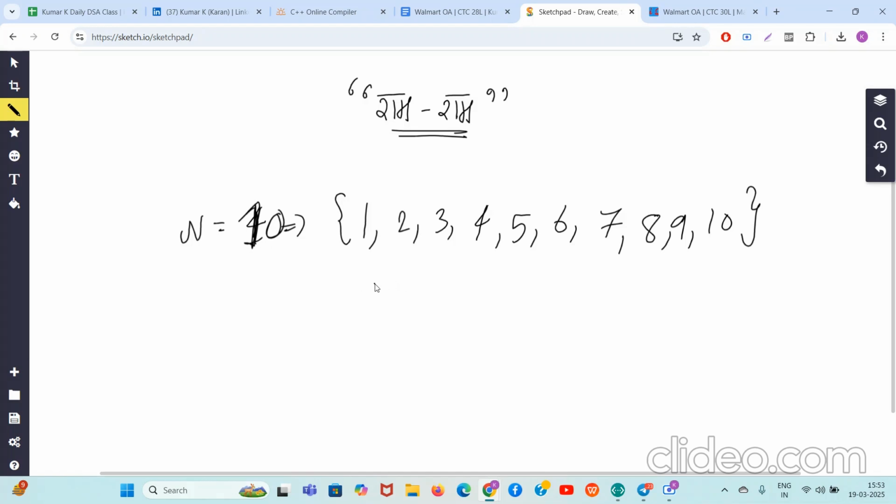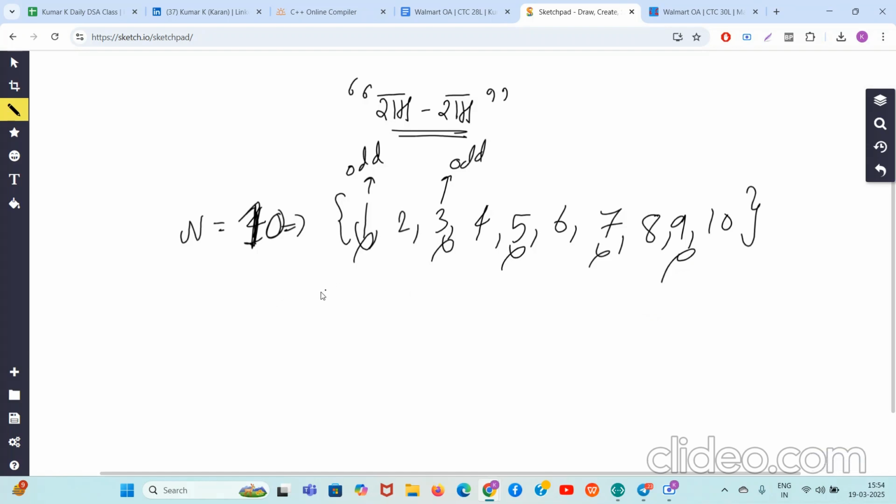So guys, initially what is going to happen is that you need to remove all the odd numbers. You need to remove these odd numbers, okay? You need to remove them one by one. You need to remove this guy, this guy, this guy.